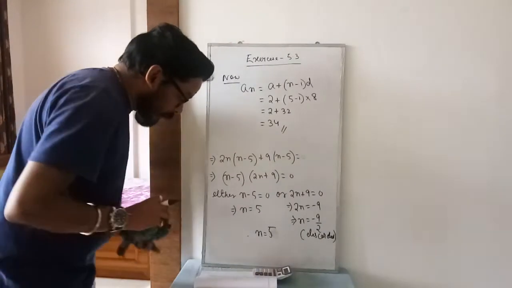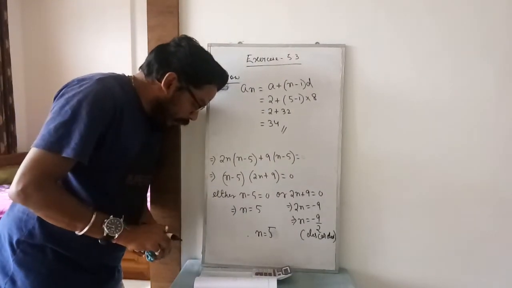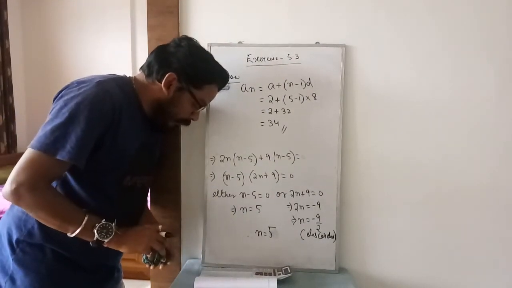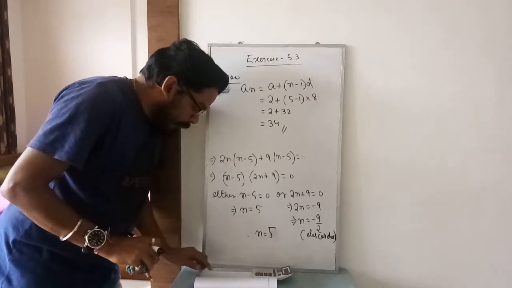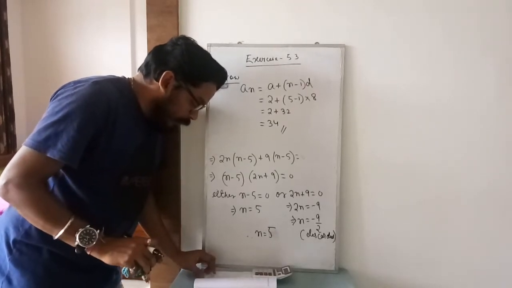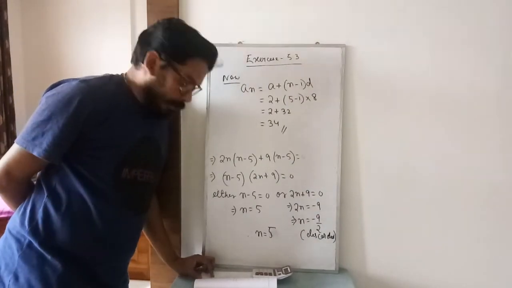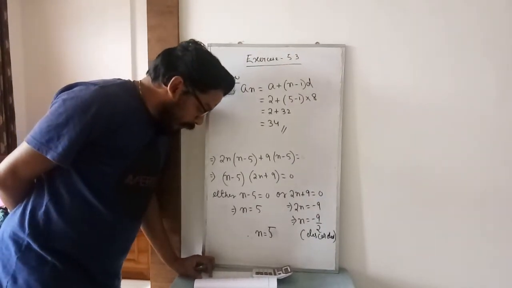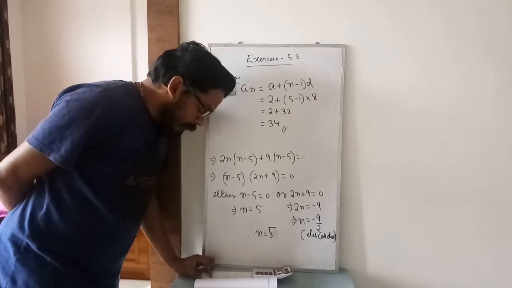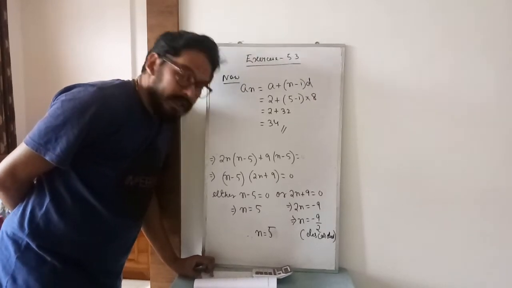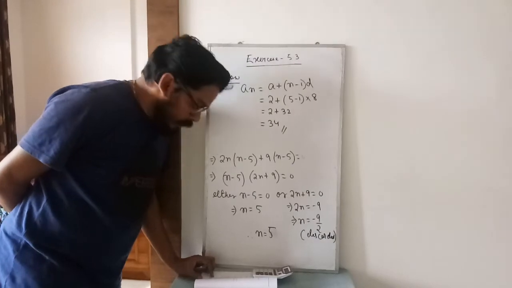Okay, question 7. The values of a, a_n, and S_n are given, and you have to find n and d. Question 7 matches with question number 4, so you take 7 as homework. Roman 7 of question 3 is homework. Then question 8 also you can take as homework. 7 and 8 is your homework.